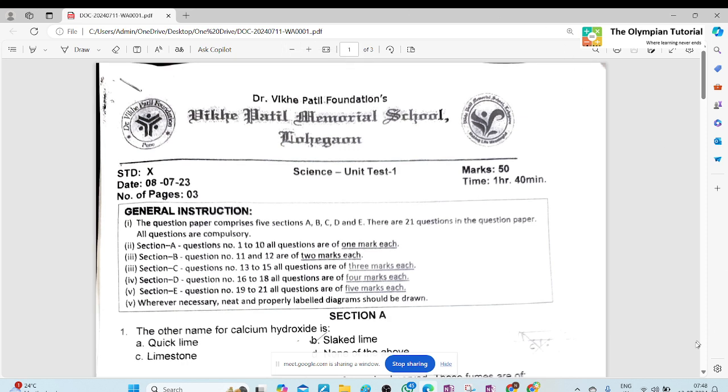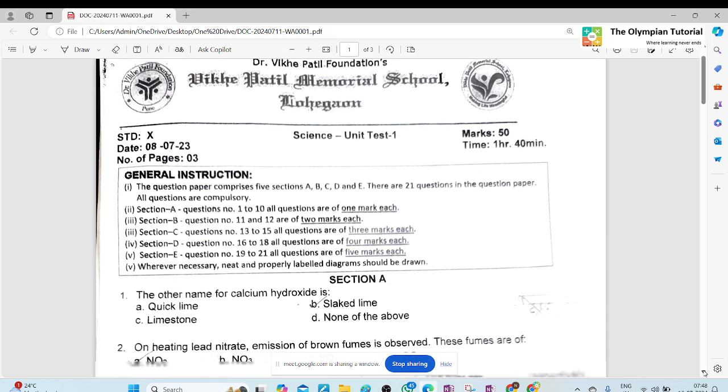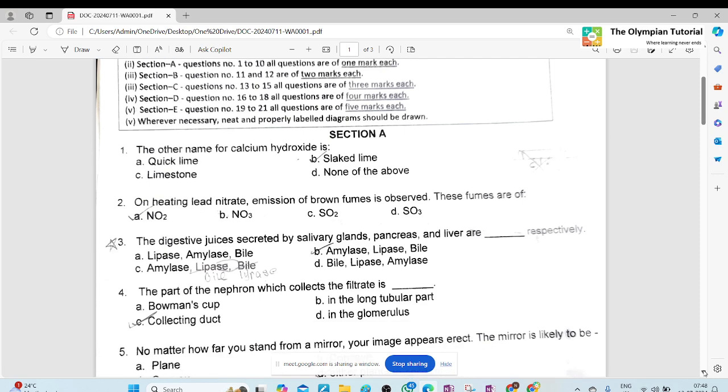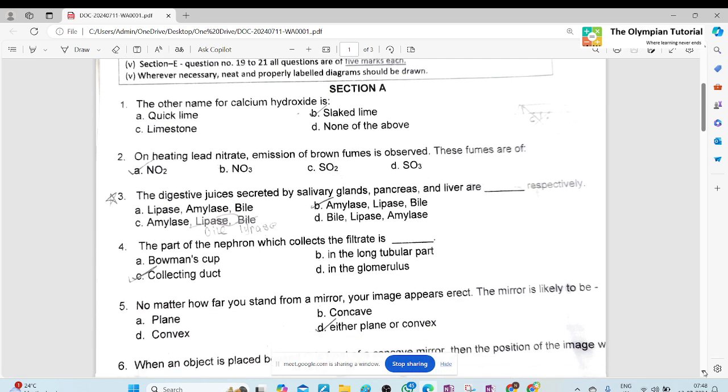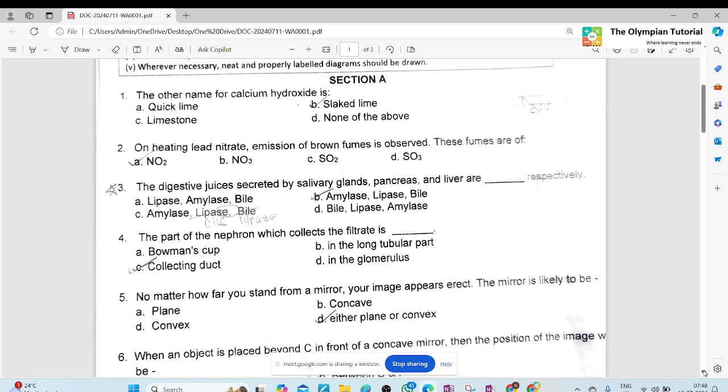So this one is the paper. Share your examination paper also with me. And in every class, for the last 15 minutes from today, we will discuss the sample papers. Firstly, I will discuss the sample papers which you are getting from your school, question papers for tests and examinations. After that, we will start sample papers year wise. So the first question is